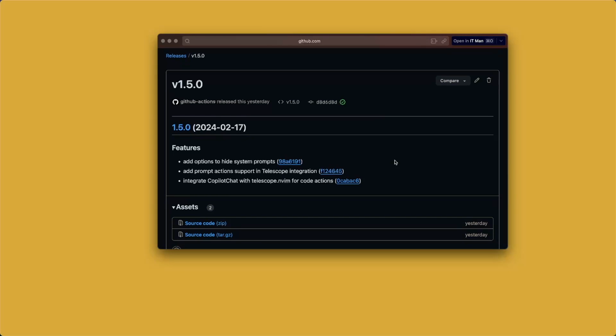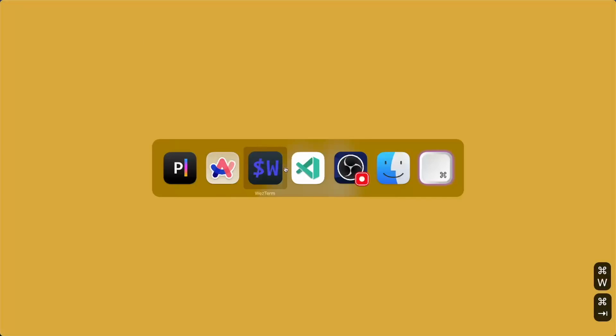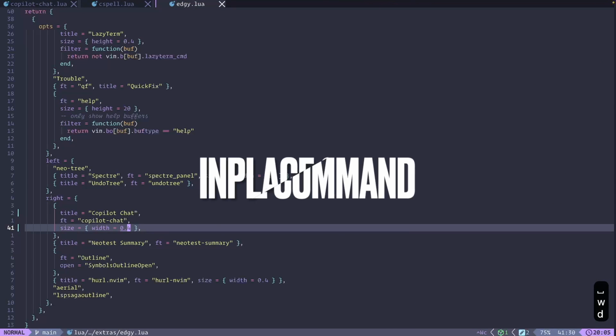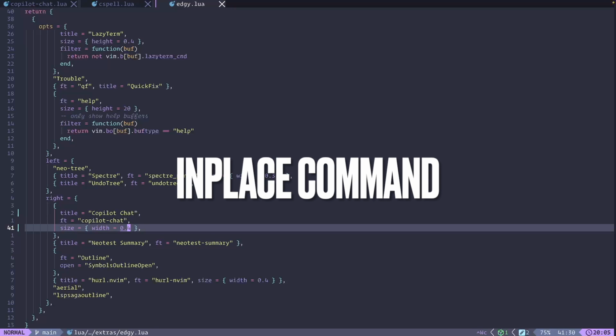1.5. This is the telescope integration, mostly with telescope. Maybe this way the community can add other things to improve, like the in-place command. We can move to this one. If you don't know it, I will show you this one, for example. So the in-place command, basically you can select